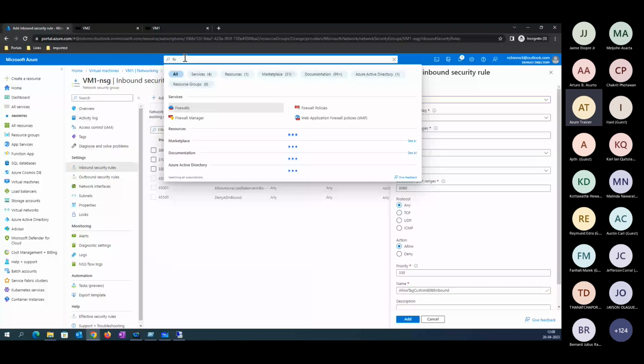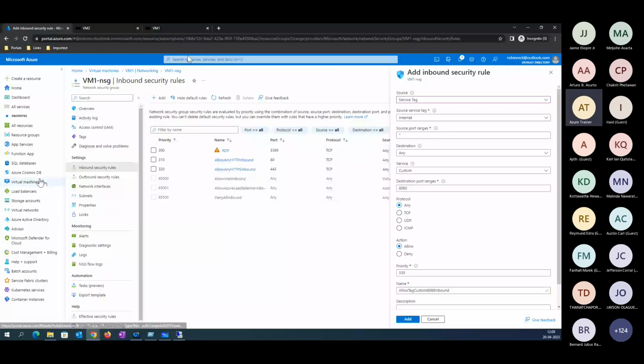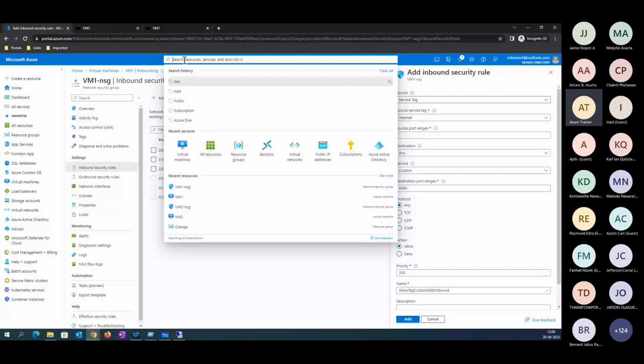Before moving to the firewall, one important point you need to remember: whenever you create any firewall, it works in a kind of hub and spoke model. You'll have a dedicated firewall working in a centralized mode, and with the help of that, it communicates with all the resources available inside. Now, in Azure, a firewall can be configured at the cloud level.